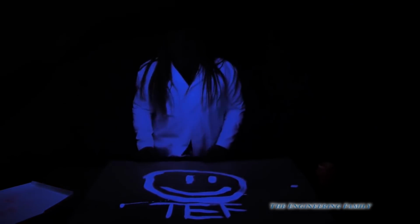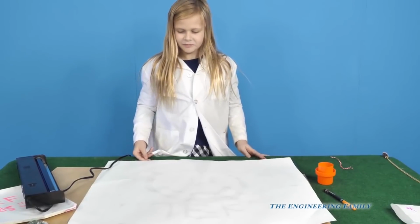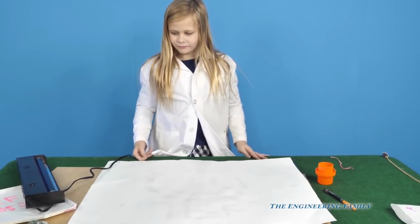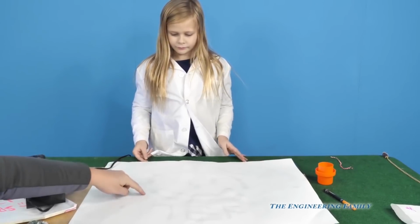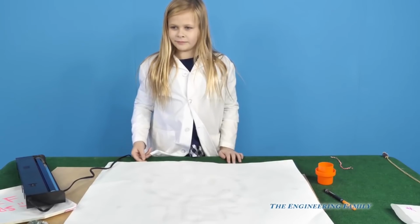Pretty cool. So assistant, this is actually how you can write in code. And look at your lab coat. Anything that's white turns super bright. That's why there was a silly joke about everybody's teeth really shining with the black light. Okay. So that is how we can use black lights for science. Now, black lights emit a certain wavelength of light that causes the light to bounce back up. Now, you'll learn more about that science later, but we just want to show you the super cool